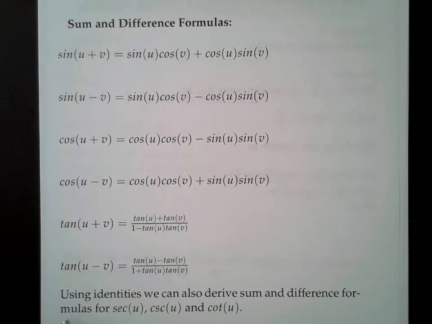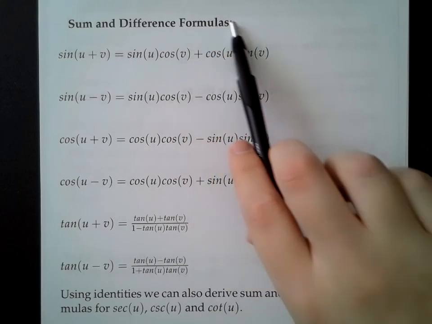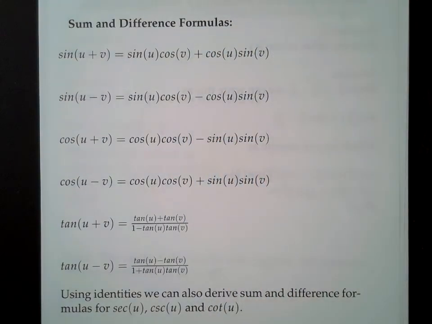Okay, and the last note that I want to make in this video is that identities can also be used to derive sum and difference formulas for secant, cosecant, and cotangent. So based off of this information, we should be able to also find these for secant, cosecant, and